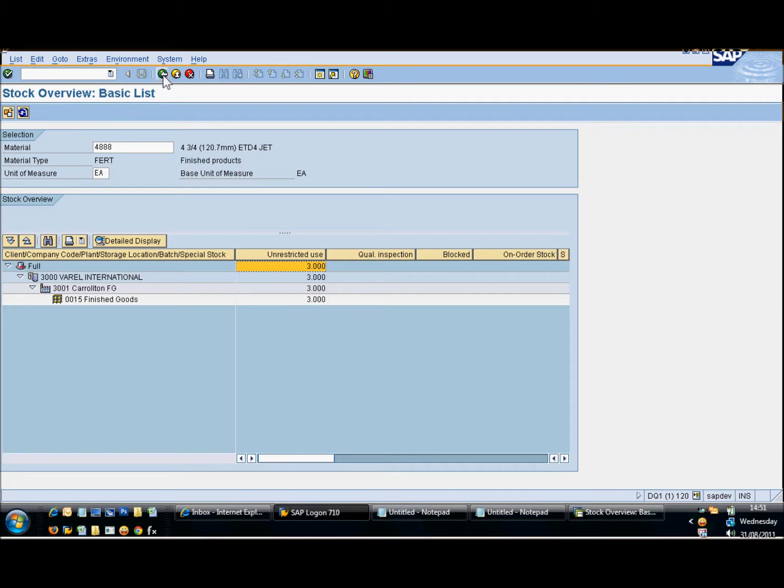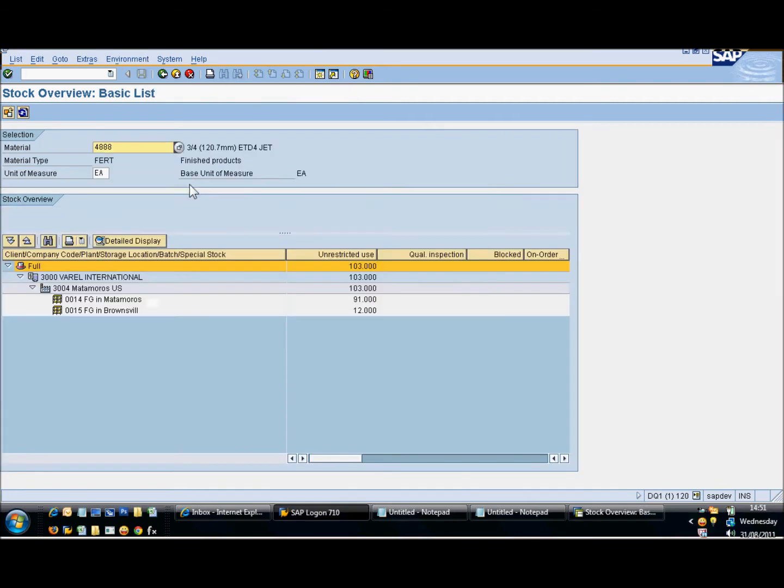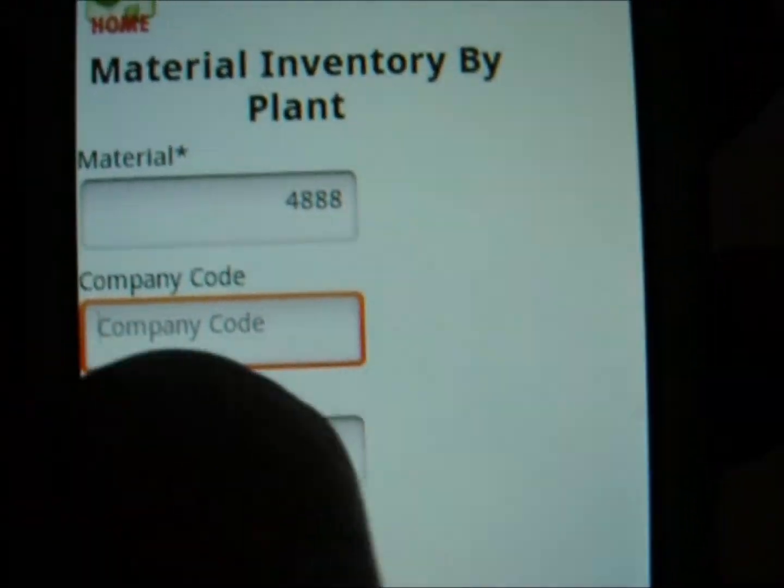What the app is showing is a total of all the stock in all the storage locations for that material, unless we enter the specific storage location in the app. This is for the plant 3004, where we see two different storage locations, 14 and 15, having two different stock figures. Let's see if we enter 3004 here,